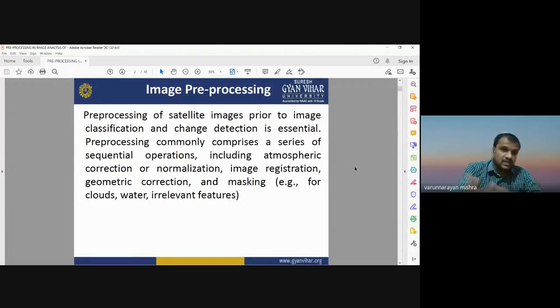it is not possible to perform any urban growth analysis or modeling. So it is also required to have geometric correction so that all the multi-temporal images have the same spatial reference system, which is very useful for getting the geometric alignment of different urban features. And masking is also required in some cases if you have images with clouds, so you need cloud masking, or other kinds of masking are also important. So image processing includes all this: atmospheric correction, then geometric correction and masking.